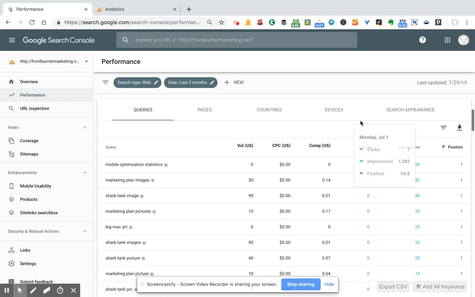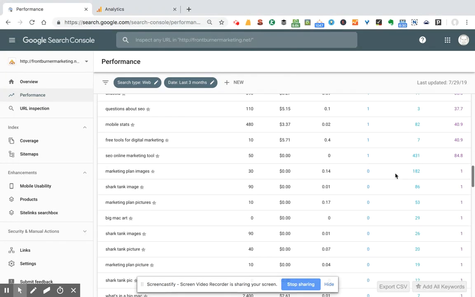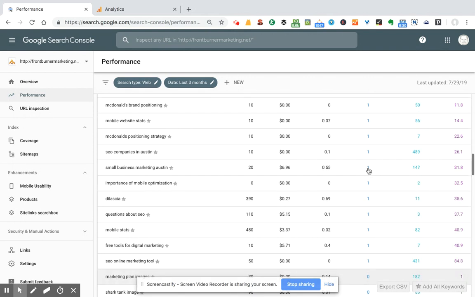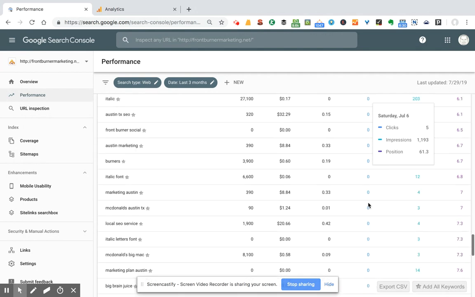So let me show you this. Let's sort this by clicks. I'm going to go highest to lowest. What you'll find is right down here you get down to the ones and the zeros, okay? So at this point, this is what I have, and it's the total average click-through rate. So you can see all the way down here,